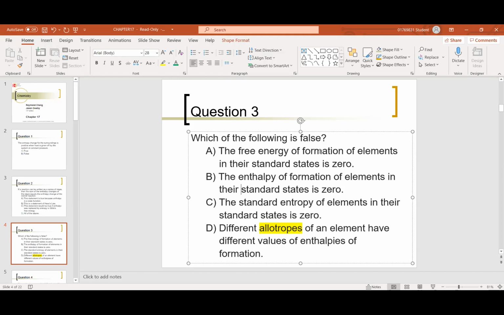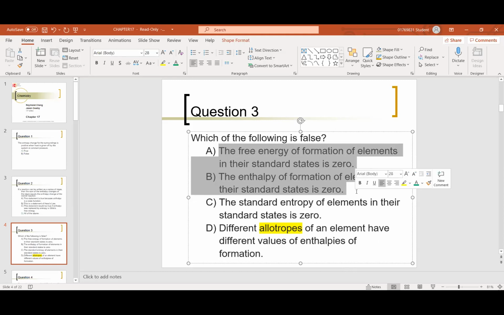For example, silver, its standard state, most people would say is solid, on Earth at least, at room temperature. The enthalpy is also 0 in this state, along with the free energy. So I can't say from that alone that it is 0, but